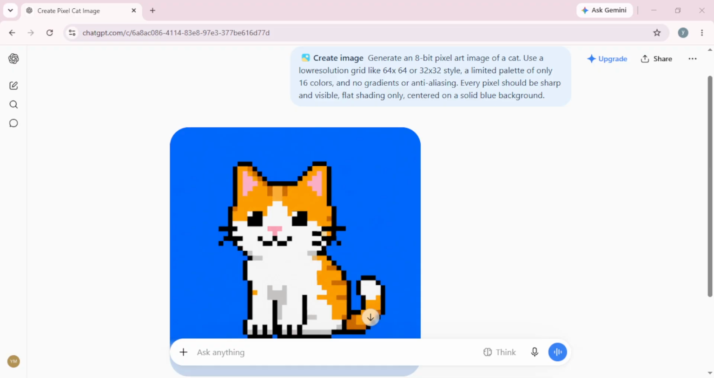So to wrap it all up, here's the main takeaway. Start with your subject, then apply those technical constraints: low resolution, limited colors, no gradients, and visible sharp pixels. This formula is your ticket to creating delightful 8-bit pixel art with ChatGPT. Have fun experimenting with variations, comparing different results, and fine-tuning your prompts until you find that perfect look. Once you nail down a formula that works for you, don't hesitate to reuse it across various characters, icons, scenes,